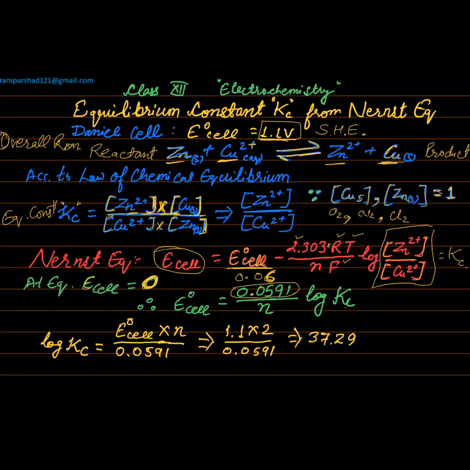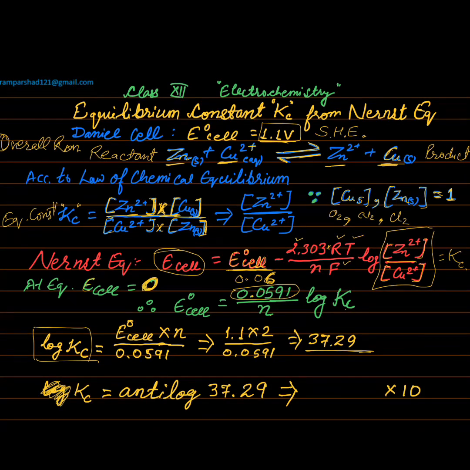What is this? The value of log Kc. Log Kc is equal to 37.29. But in fact we have to find out the value of Kc. We have to find the value of Kc. So Kc becomes equal to antilog of 37.29. So 37 is called the characteristic. So it will become the power of 10, and we will see the value of 0.29 from the anti-logarithmic table,